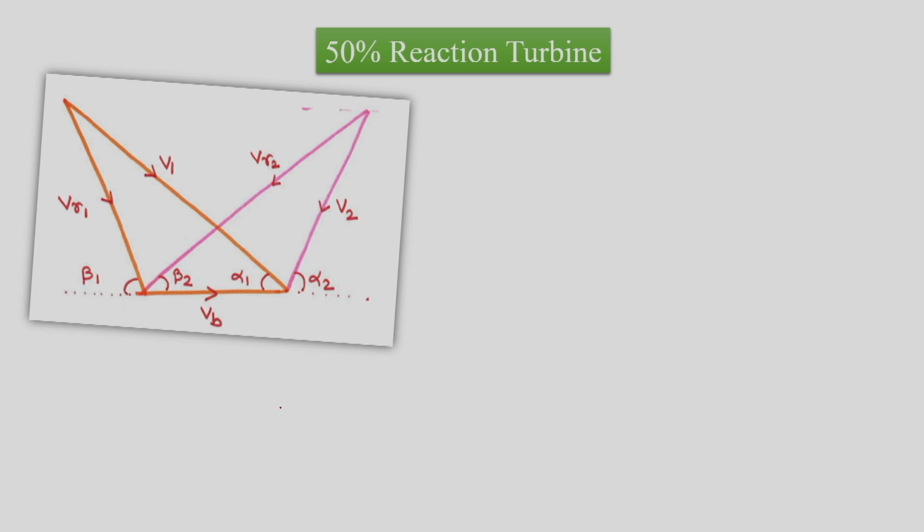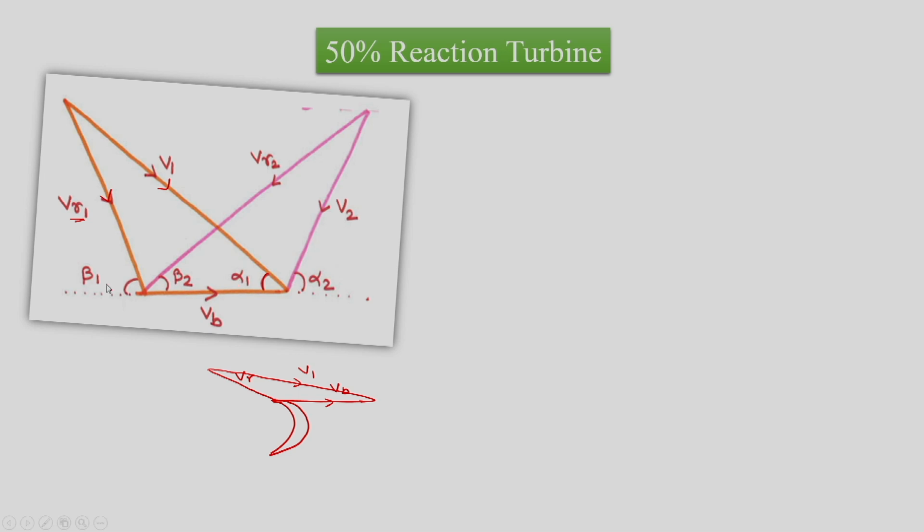The velocity triangle is as usual. We will have the blade, and then the velocity coming into the blade, which is the relative velocity, and then we have Vb, which is the blade velocity, and then we have V1, as we had drawn the velocity triangles in the impulse turbine. So this is the V1 velocity at the entry, which is the absolute velocity. This is VR1, which is the relative velocity at the inlet. As we had defined earlier, alpha 1 is the nozzle angle at the inlet, beta 1 is the blade angle at the inlet.